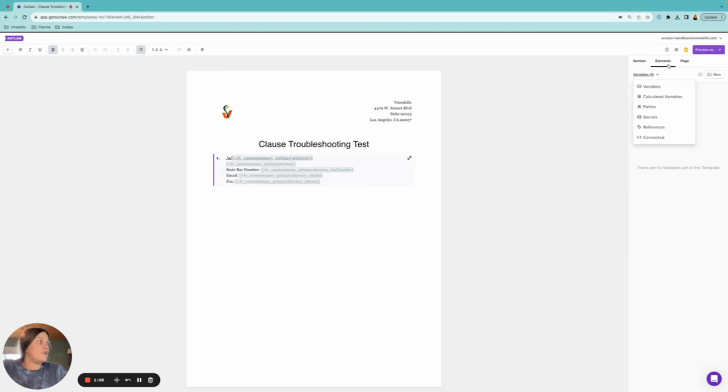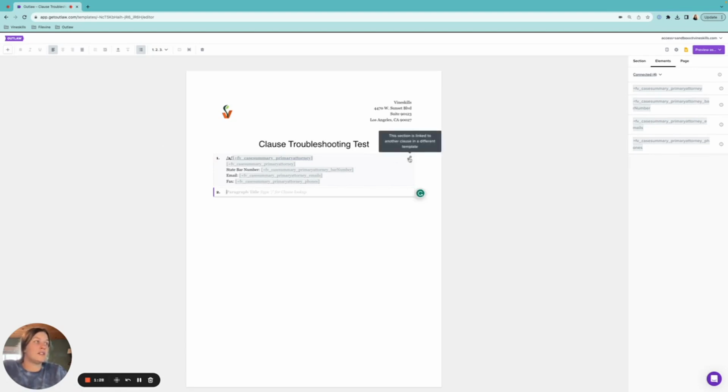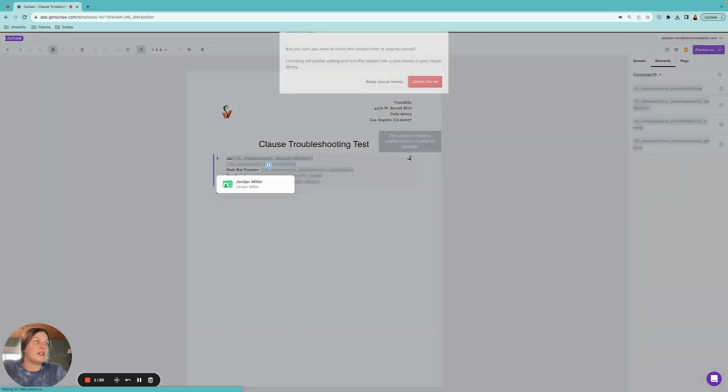If I navigate over to my elements and then go to my connected variables, I can see that the reference section was deleted or it's not connected properly. Technically, these are not showing up as red because they're grayed out, since they are in a clause and you're not going to be able to edit them unless you unlink it. But if I unlink it here